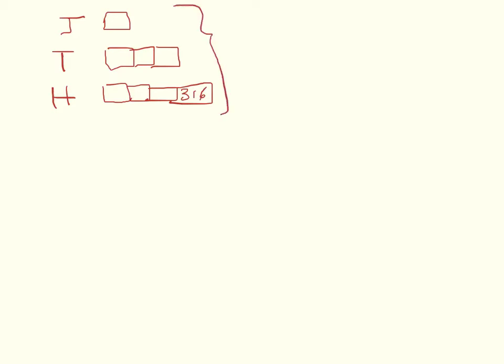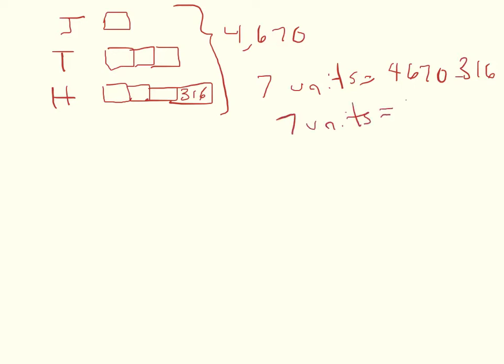The total points scored by the boys is 4,670. So from this I can see that these 7 rectangles plus that extra 316 points is equal to the total of 4,670. So the 7, I'll call them units, is going to equal the 4,670 minus 316. So the 7 units is equal to 4,354. So then 1 unit is equal to